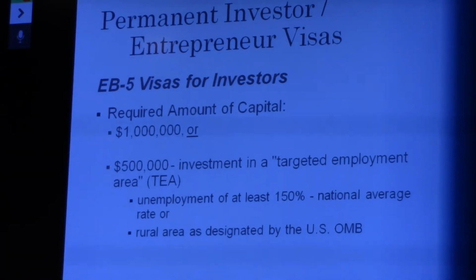And here is what I always tell people when they're thinking about, I have the $500,000 or I have the $1 million and I want to invest. I always tell them, well, you may want to add somewhere between $50,000 and $100,000 more. Right. I always go with $100,000 more, because you need to have that amount to invest plus the money to pay your attorneys, business attorney, immigration attorney, accountant, the business plan, people who are going to work on it, and all those ancillary expenses, because you don't want the capital to fall short or below the $500,000 or the $1 million.